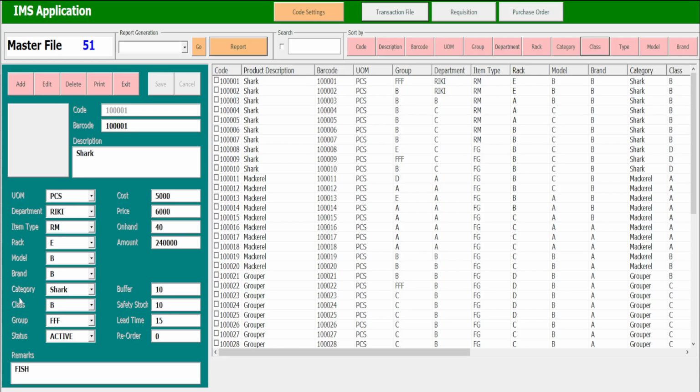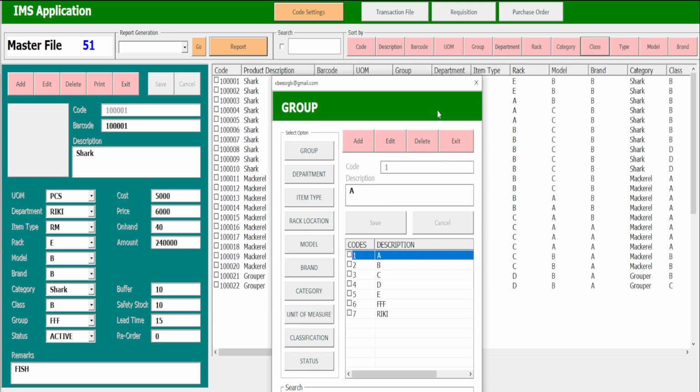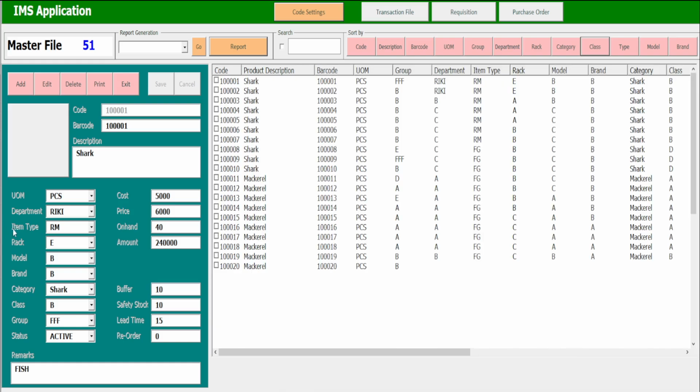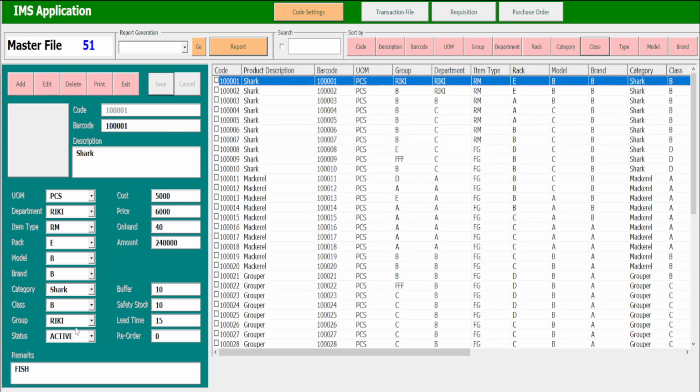And then to modify or to add information in this combo box, all I need is to click this code settings, this one. For example, I want to add a new group instead of blank. I provide my name, Ricky, and click save. So I now have group Ricky, this one. Then if I change this group to Ricky, this one, and click save, now I have a group with Ricky information, this one.